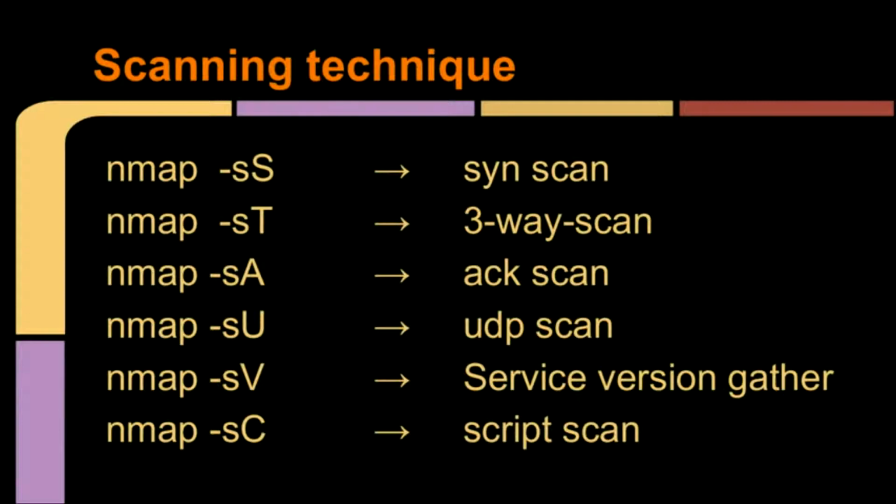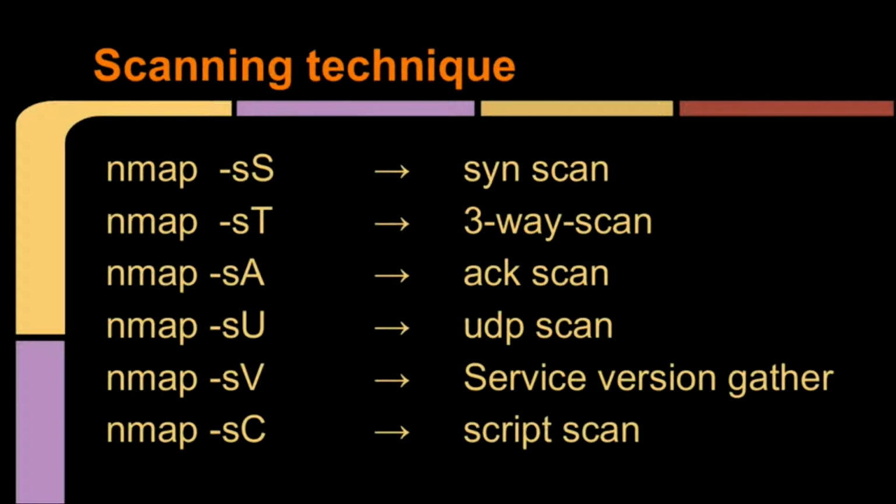Nmap -sV stands for service version gathering. Suppose you run nmap -sV on any web server port, this will give you information about which web server is running in the background from the signature. Okay, and nmap -sC, that's the pretty awesome Nmap Scripting Engine, a very powerful tool designed by the nmap team. Thousands of scripts are available for nmap, and it's pretty easy. They use Lua for writing scripts, which is awesome. I will demonstrate some scripts.